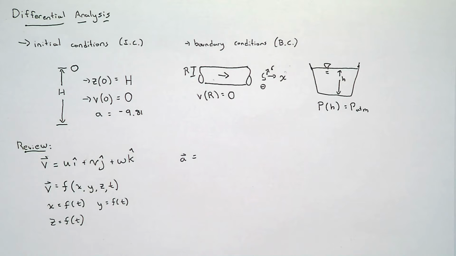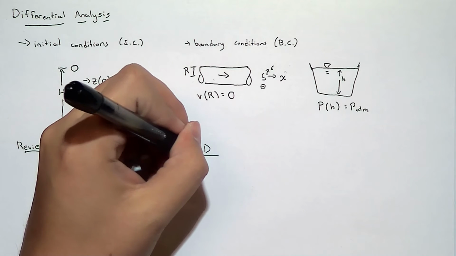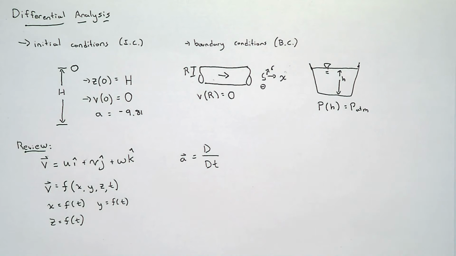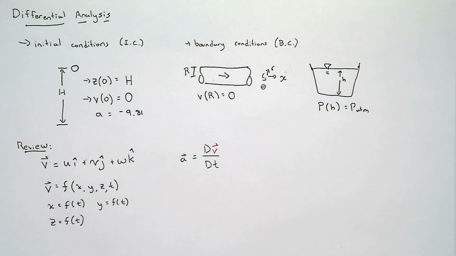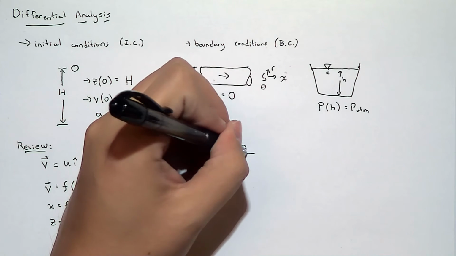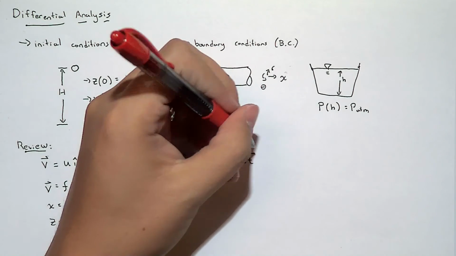It's a lot of words, but essentially what we ended up with in our discussion in week number 5 was that the derivative of velocity with respect to time, which we call the material derivative, was going to be equal to the partial derivative of velocity with respect to time